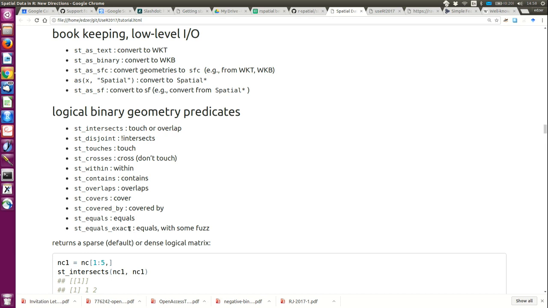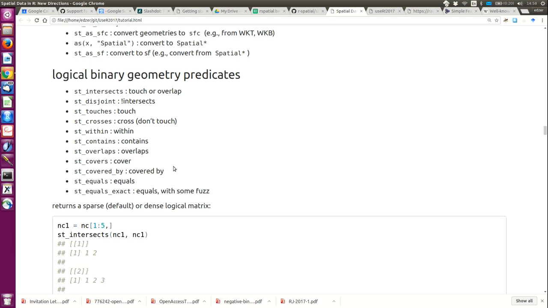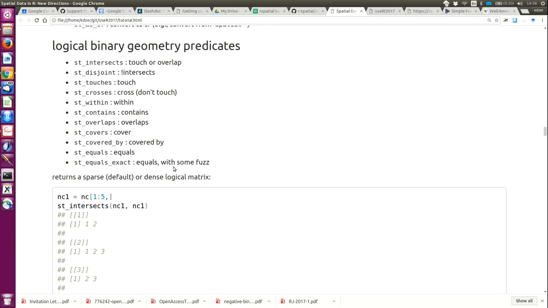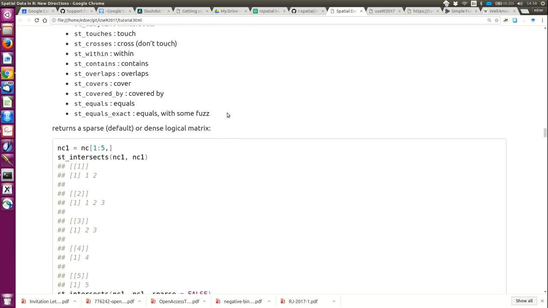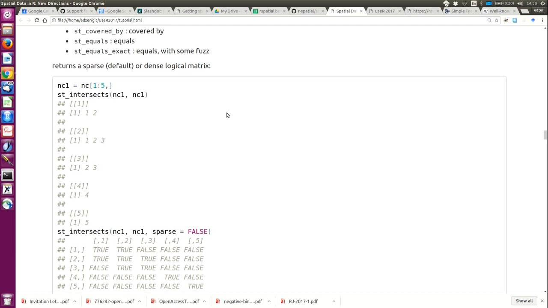Equals exact is a funny thing. Better forget about it. Equals exact really looks at whether they are exact in the sense that they are the same sequence of points. You can have two polygon rings that start somewhere else, and they are equal in terms of ST equals, but they're not equal in the sense of ST equals exact. So yeah, it cost me like 2 or 3 hours this weekend to find that out. That's a nightmare. Anyway,